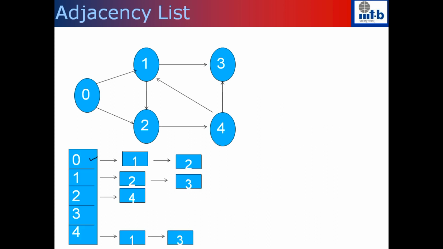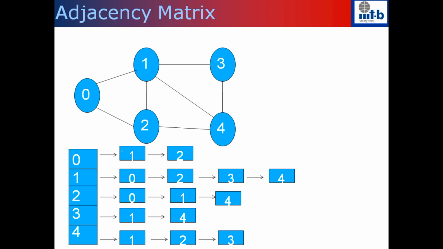So here also this is a good way to represent, but if there are only 2 edges, but the number of vertices is still n, then you still have to use an array of length n, and most of the entries are null there. So that's one of the disadvantages here.